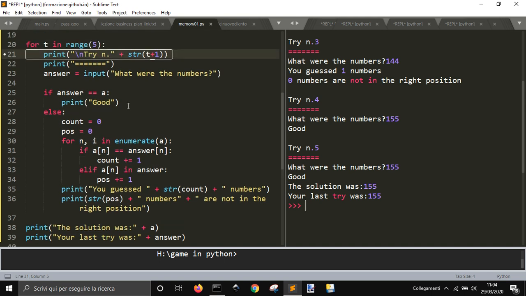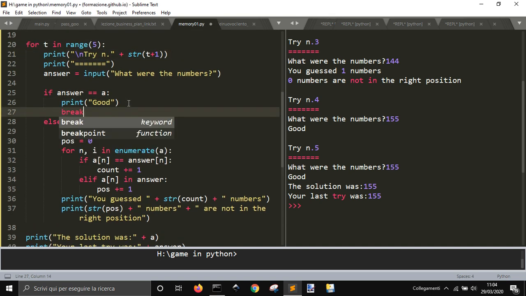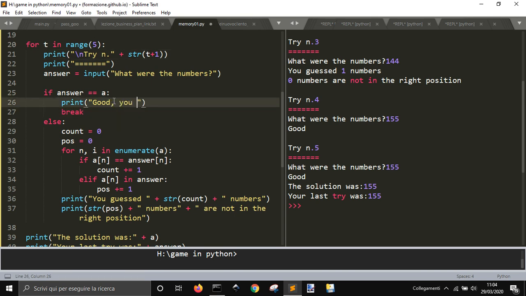One thing that I need to do here is to add a break, so we will learn another thing. Because if you guess it, the game will end. Let's go again,